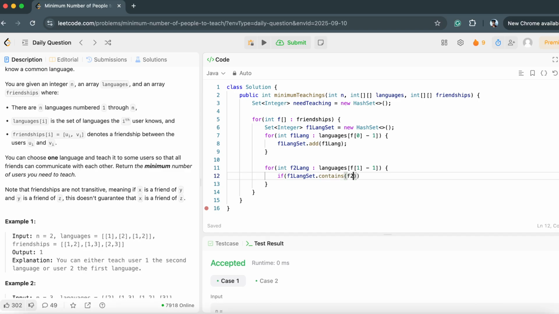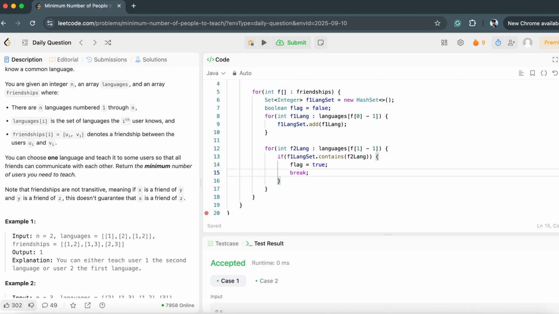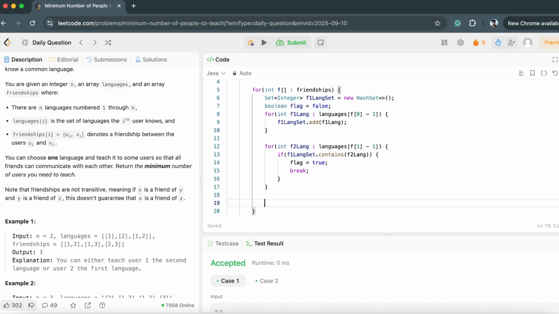If this is there, we will make a boolean flag. The flag is initially false, which means we are not yet clear whether they have a common language. If it is there, the flag is set to true, and we will simply break. The moment we know that yes, there is a common language between these friends, we break. If not flag,